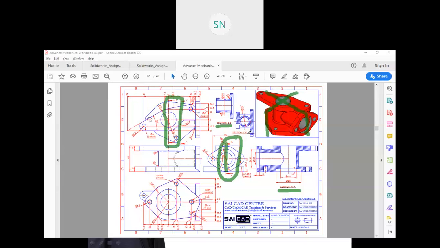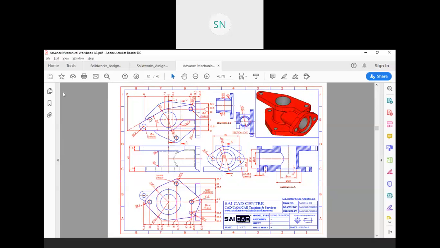Then section C. Where is section C? It is again here, C, section C. So it is from the top view again, but not at the center. It is somewhere here. So these are the positions where we have these three sections. So in this way, first you have to understand each and everything, exactly what this drawing needs to represent, right? What this drawing wants to tell us about which area, about which component, that you have to understand first.